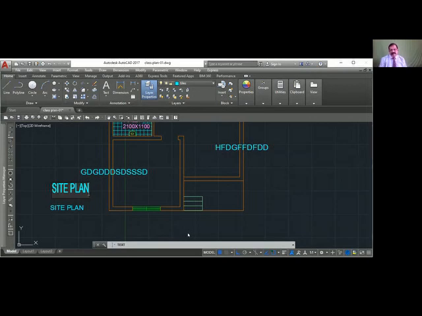So text, justify J, F, fit, show the first point, show the second point, give the height, type the text. So it fits between these 2 points with the constant height. It will ask for the height also, so you have to give the height. There are so many other options, but these are the main important ones.